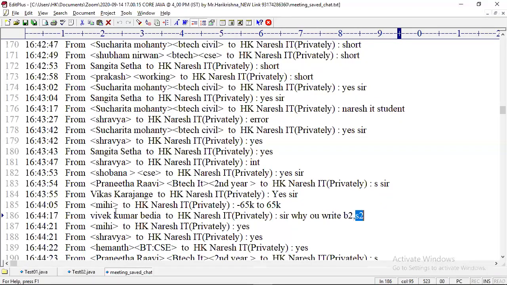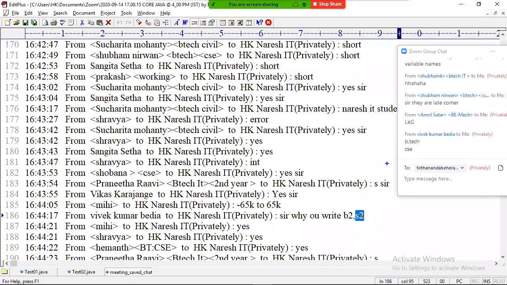CSC. Excellent. That's why your brain never works. CSC background people are the most brainless people. BTech, half brain gone. CSC means the remaining half is also gone.